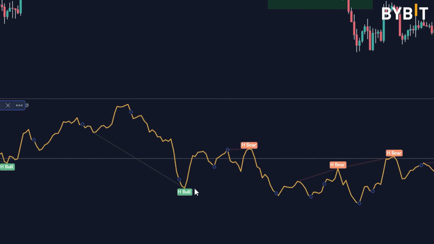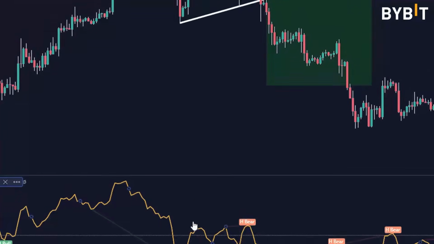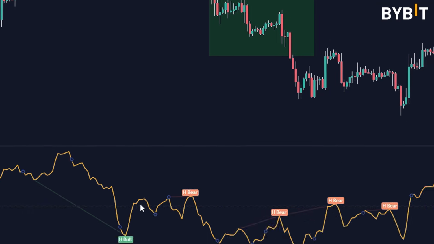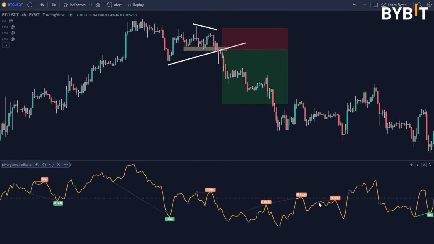Like in this instance here, we have hidden bullish divergence, but the RSI, this occurred well below down here when RSI was near 30. And so therefore the move to the upside just wasn't as strong. There was a little bit of a trend, but it wasn't as strong because RSI struggled near that 50 mark. But ever since then, notice that we had all these hidden bearish signals when RSI was well below the 50 mark. So you want to use that as a means to couple with normal price action analysis, using support and resistance levels, looking for levels of break, and couple that with RSI.